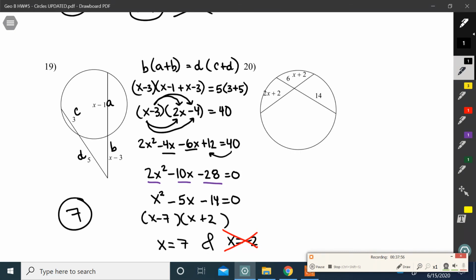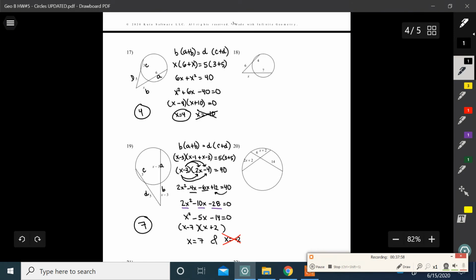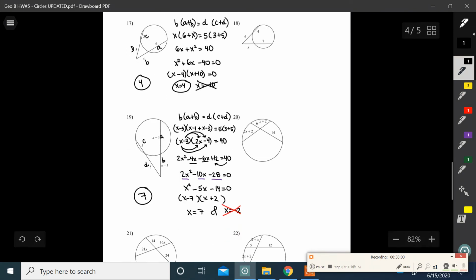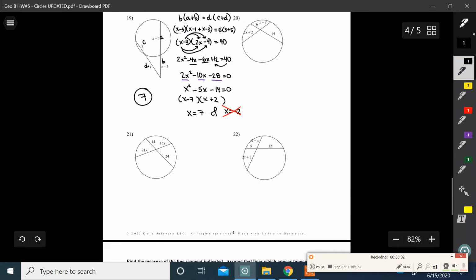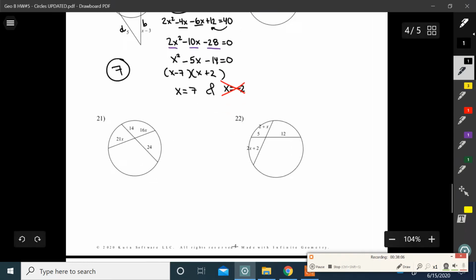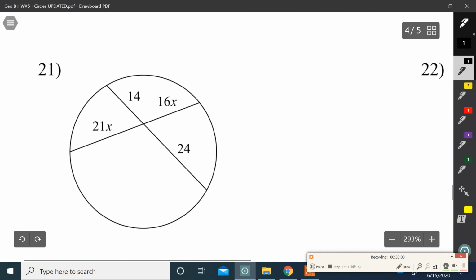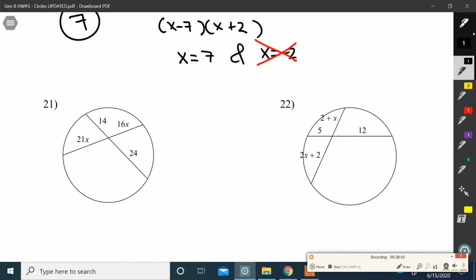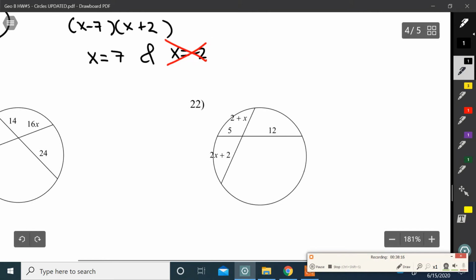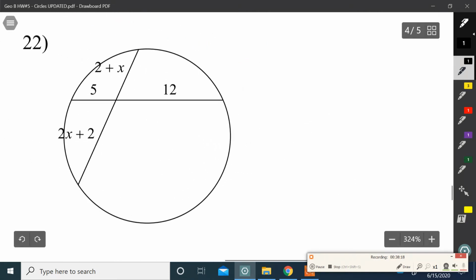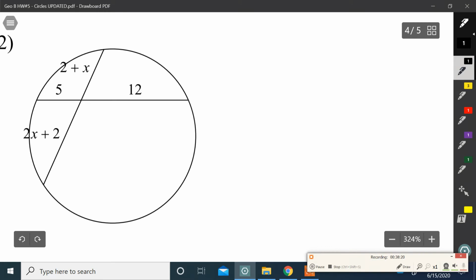Okay, all right, so I know these ones are a little bit more challenging, but it's fun trying to do them for you, half of them. Okay, let's do this one here. I'm actually gonna do number 22 because it does look harder than 21. So that way I'm doing the harder ones for you